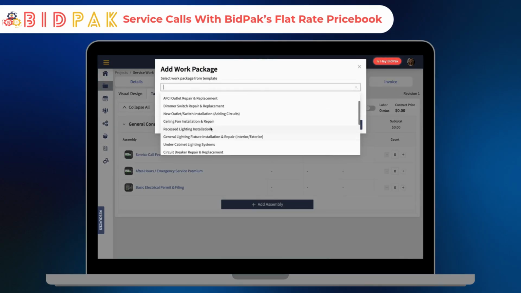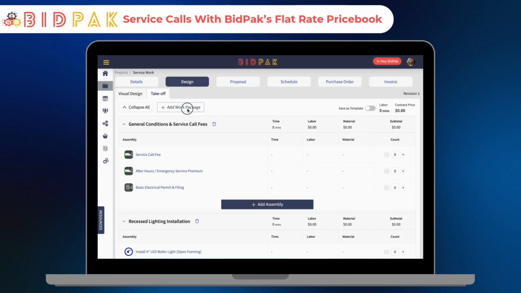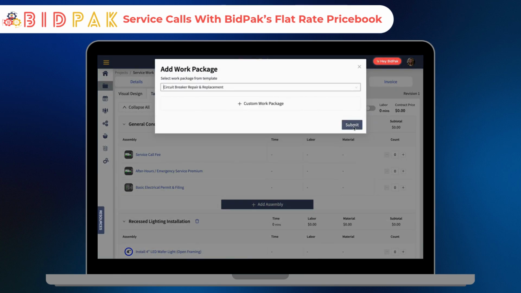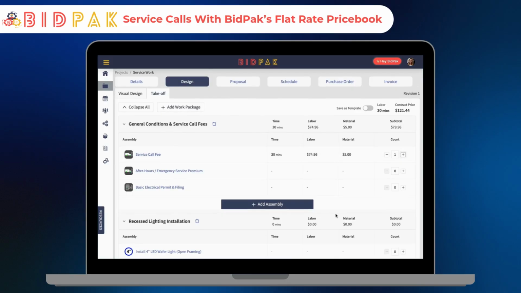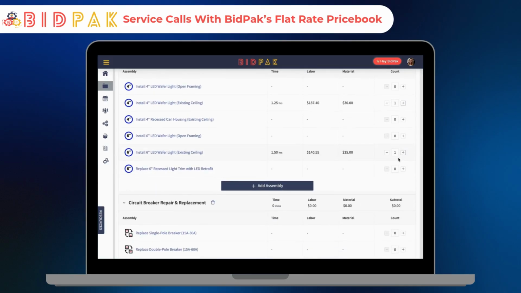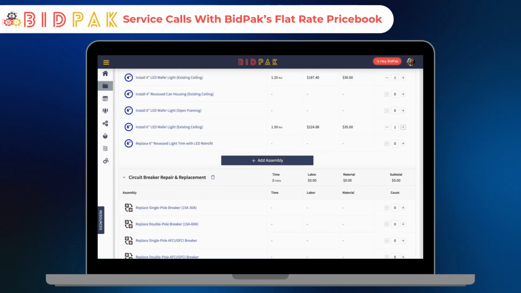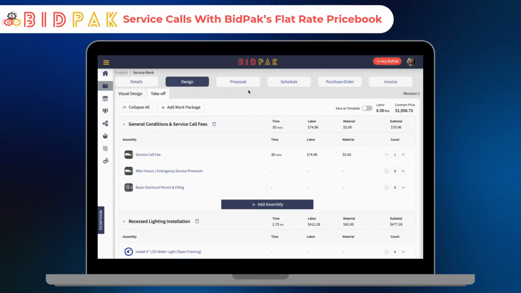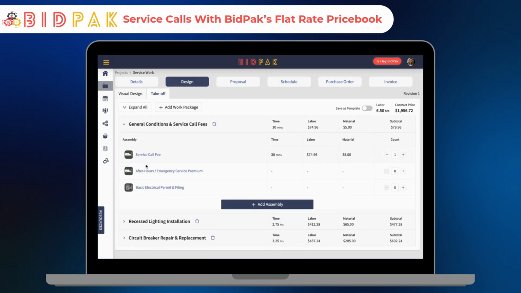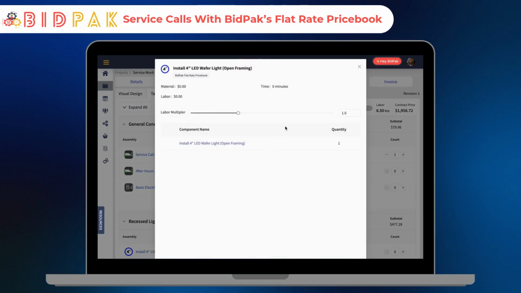Your template simplifies the takeoff. Instead of building from scratch, you get to select preset work packages that are relevant to this call, as we're doing here. Let's add one more, circuit breakers. Now, as you scroll through, find the specific task as it relates to your project, understanding that you can simply edit the quantity here for your takeoff, and all of our Pricebook 140 plus common tasks have a preset labor